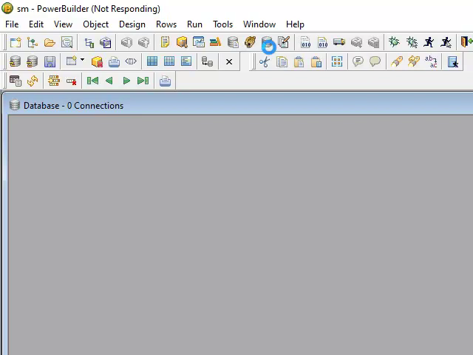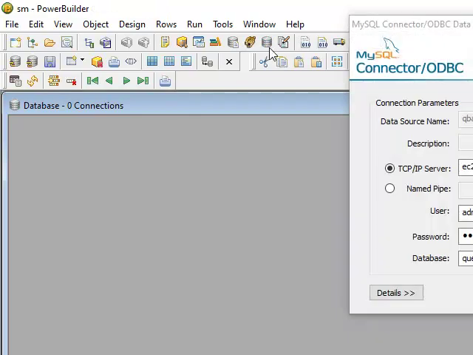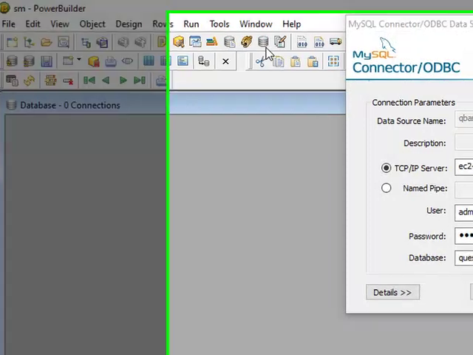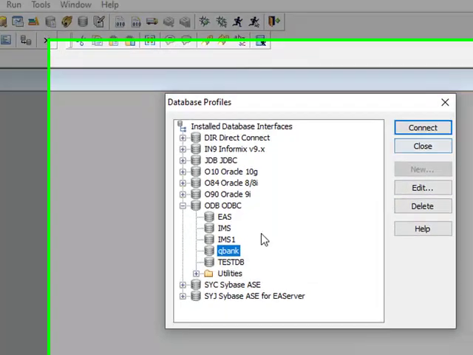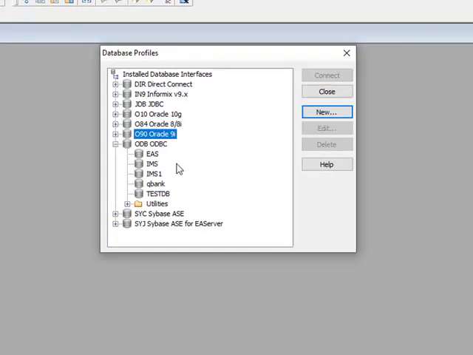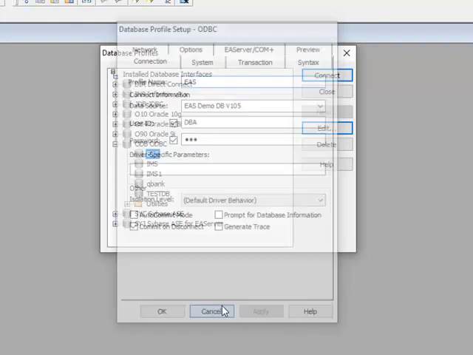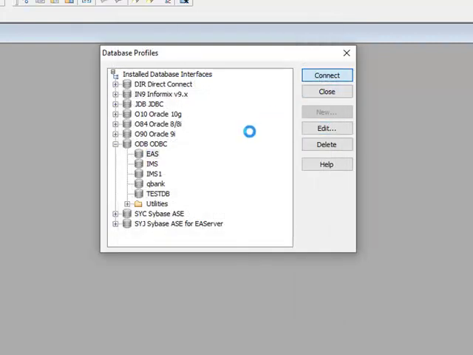Now when you click on this database painter, it tries to connect to the existing database. I don't have that DB, so let me go here. Yeah, this should be the default. Can I connect to this?